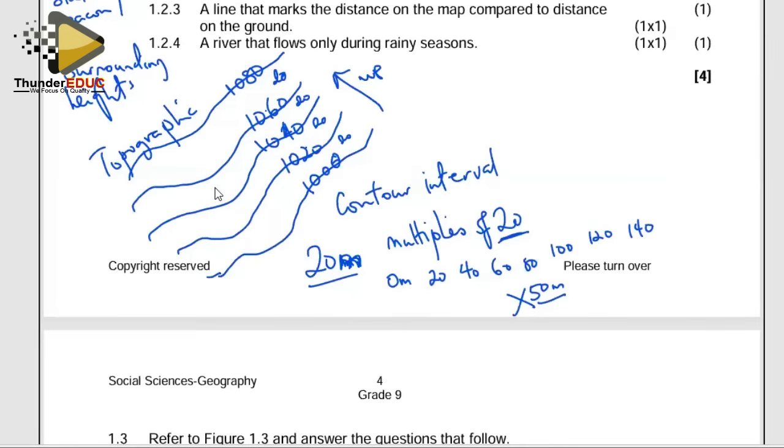Either going up slope, we are adding 20 meters. Going down slope is subtracting 20 meters. Right. And that is when we are dealing with topographic maps. When we are dealing with orthophoto,